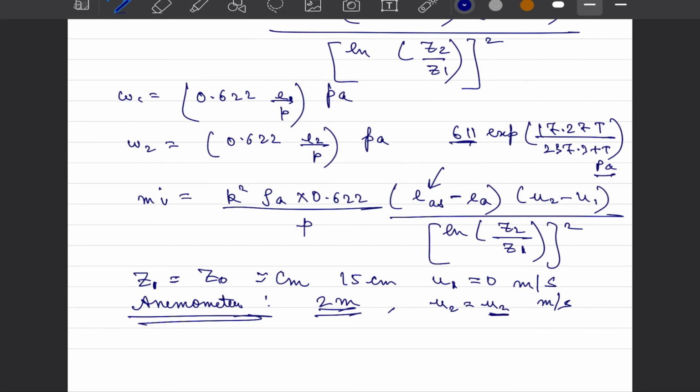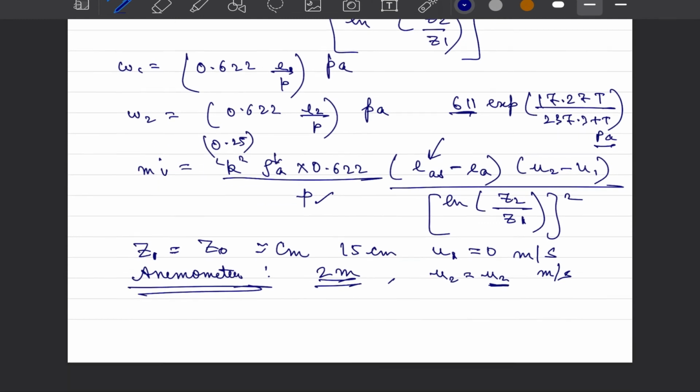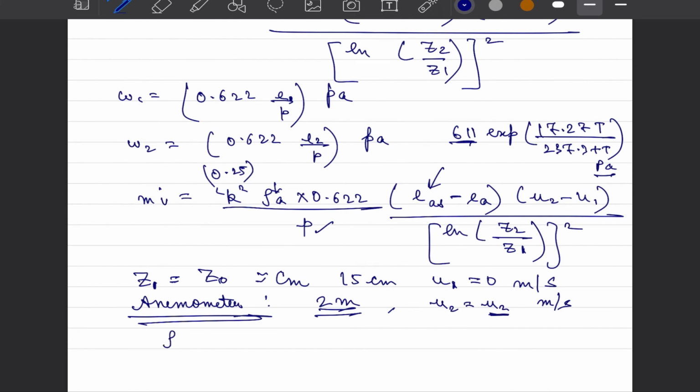Now we know everything in this expression. P is of course the atmospheric pressure, K is the von Karman constant, which we take the value as 0.4, rho A is the density of air, and if you recall, we can always measure this rho A as P over R star T, where T is the temperature in Kelvin, R star is the specific gas constant for air, where we assume molecular mass to be 29, and P is the atmospheric pressure, and in normal condition it can be assumed to be 101.25 kilopascal. In this equation, everything is known and it makes sense.